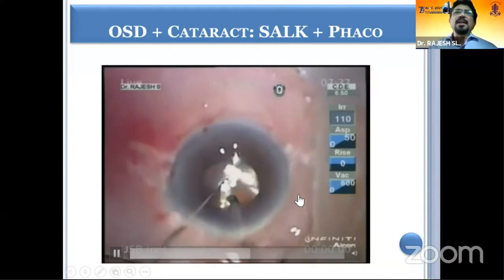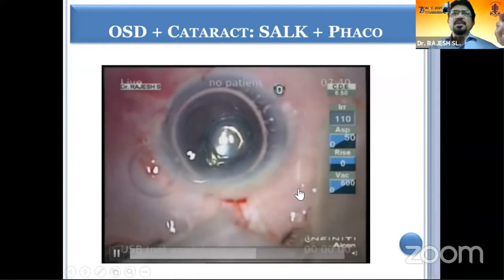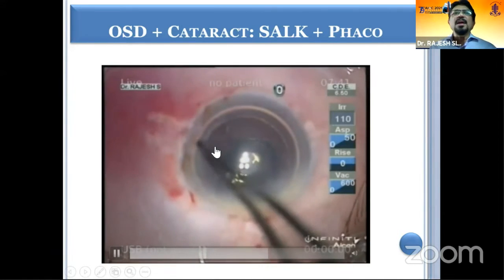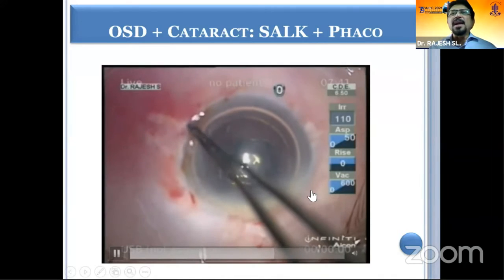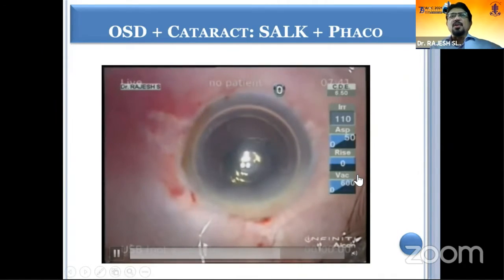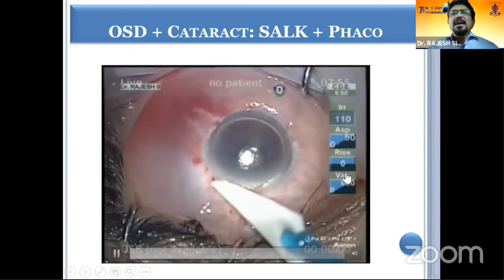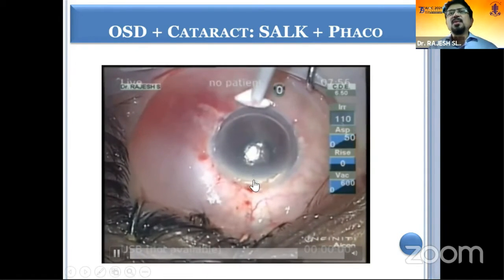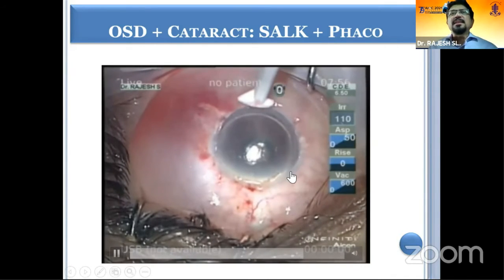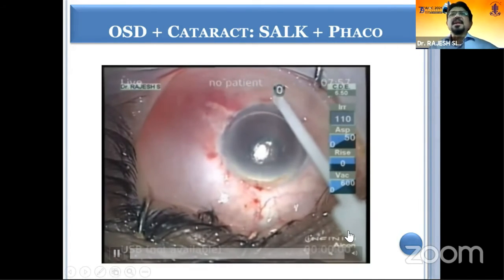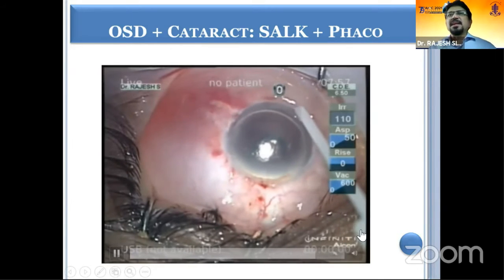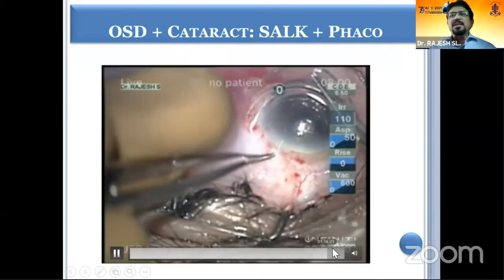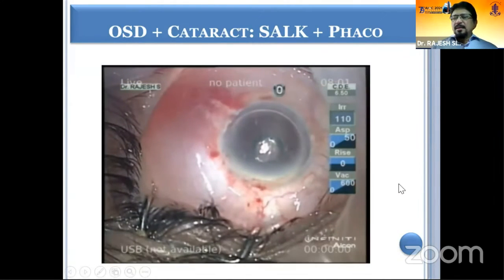Once you have put the IOL, you can put an air bubble in the anterior chamber, put the donor lenticule, and then dry the edges so that you can draw the fluid from the interface. Once you have done it adequately, you can put fibrin glue at the edge so that the tissue remains there. This is just for the initial adhesion, and later on the tissue adheres well. And then after that, you put a bandage contact lens over it.